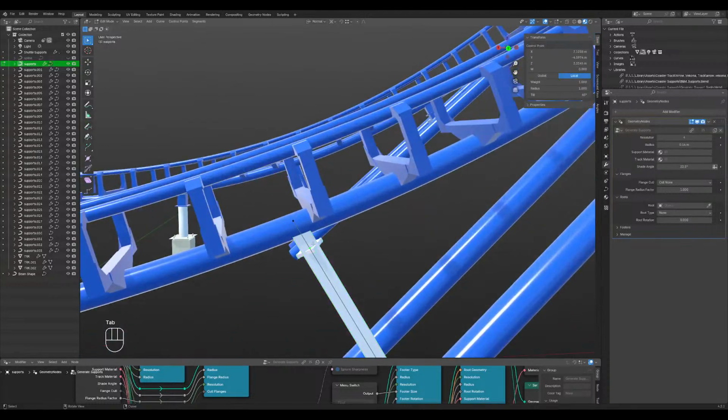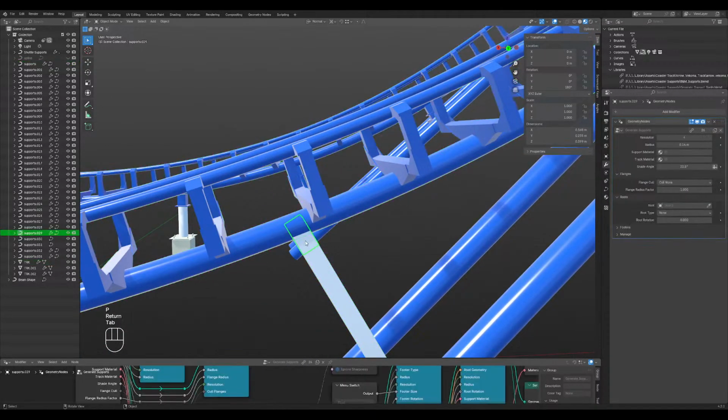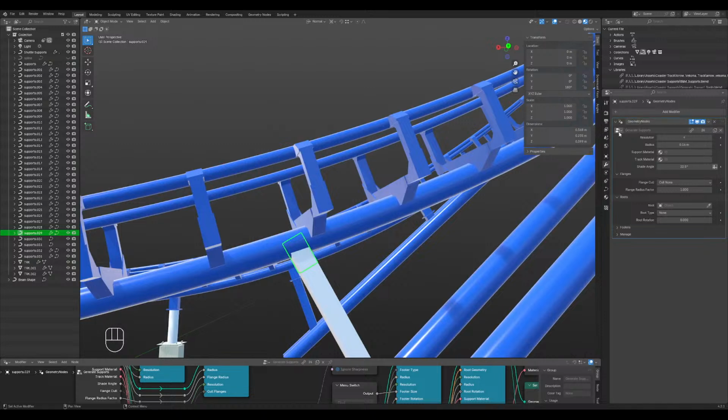Okay. And then this will separate. And this becomes